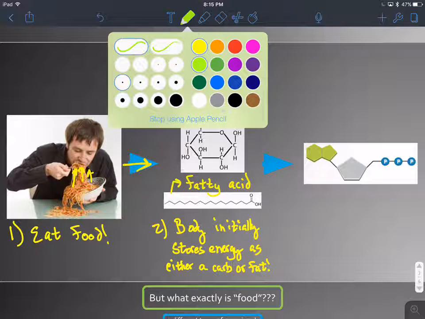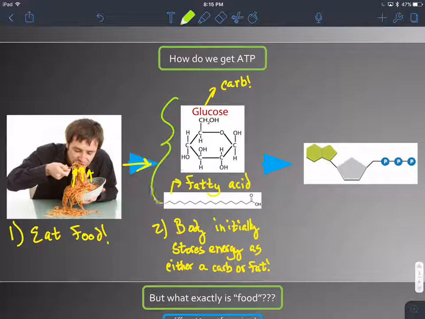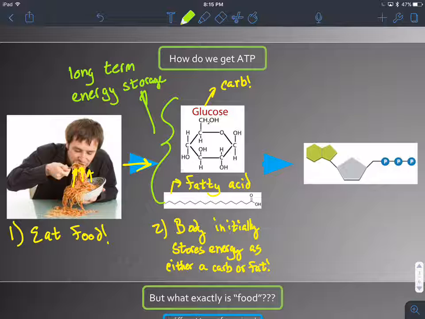And what I want you guys to know is that both of these are for long-term energy storage. Lots of the energy that our body obtains from its environment, from what we eat or from what we drink, it doesn't need to use immediately. And so what it initially does is that it stores it as glucose or a different carbohydrate, or it may even store it as a fatty acid so that we can have it in our body for when we need it. Okay? Because when we need it, step three,